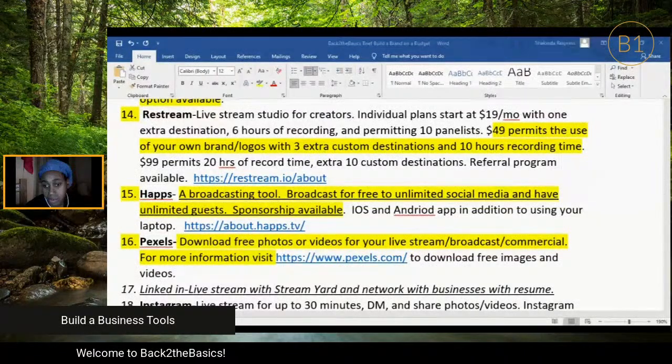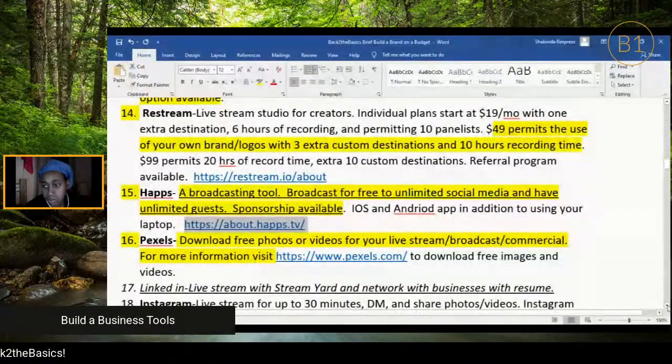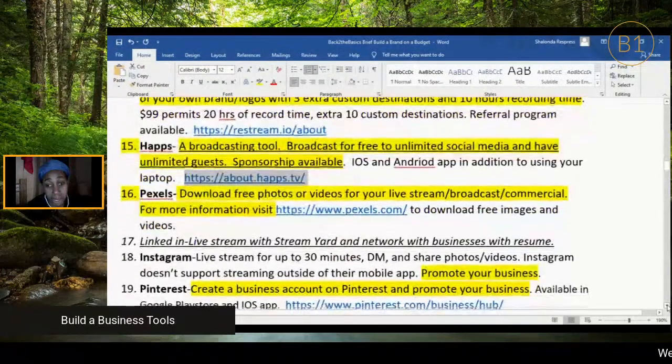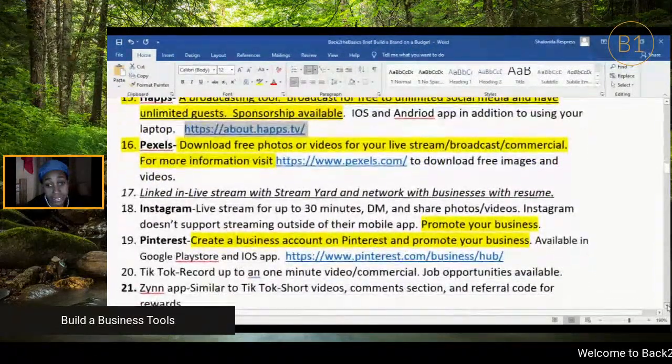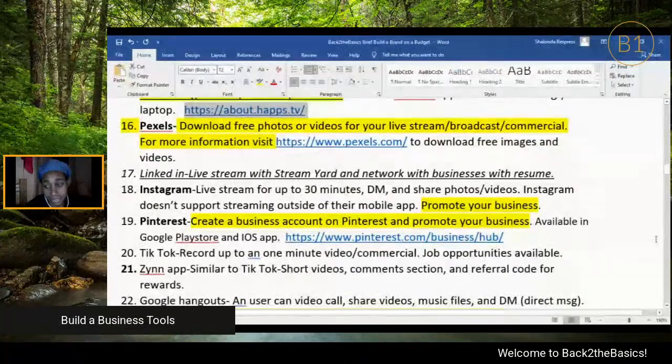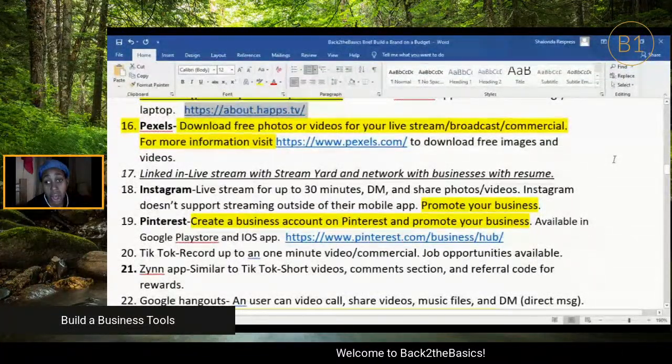It's good for networking as well. Here, let me keep scrolling. I got 48 things and we're gonna get through. These are all goodies. Okay, so Pexels is you can download free photos or videos for your live stream, your